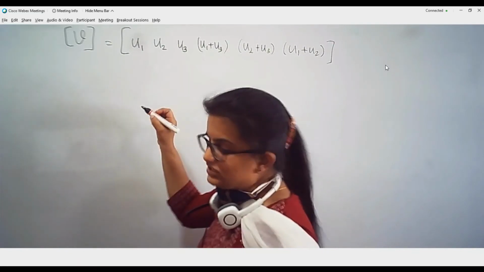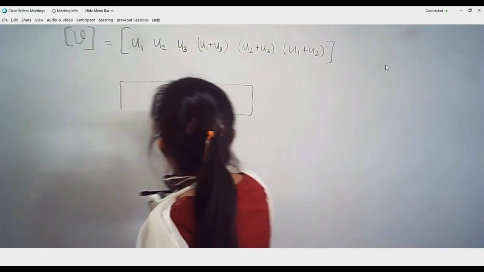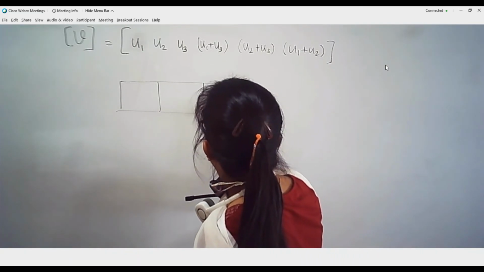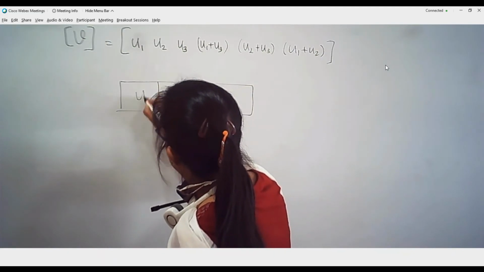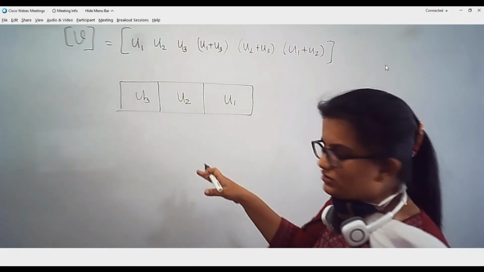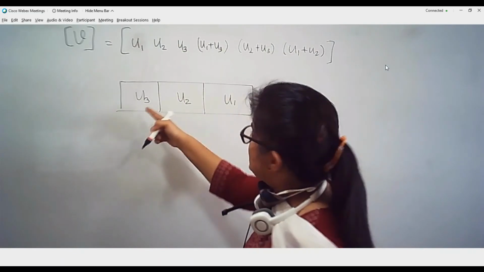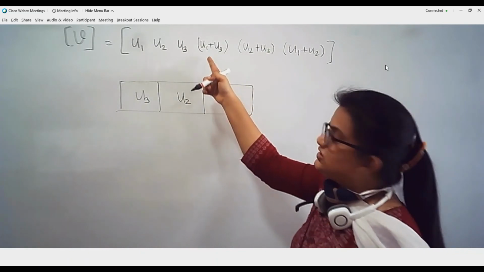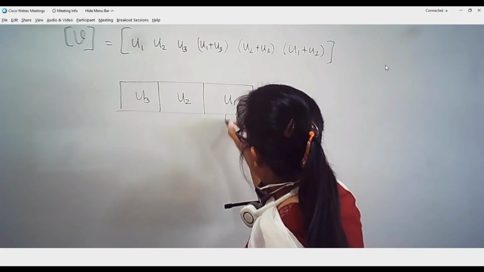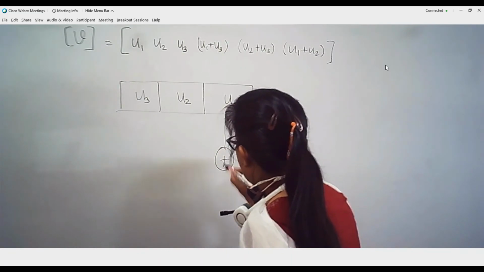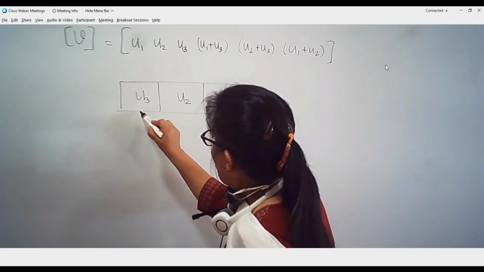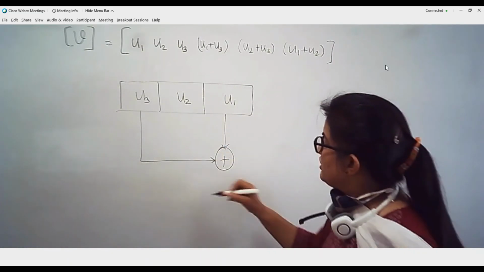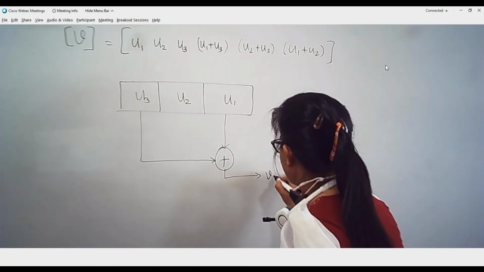So we have 3 message bits, therefore we are going to have a 3 bit shift register, which consists of U1 at the first, U2, U3. Quickly I am writing the circuit over here. Using these 3 bits, I am going to generate the 3 other parity bits. The first parity bit is U1 plus U3. So I am taking U1, sending it to a modulo 2 adder. To this modulo 2 adder, I have one more input for U3. When you add U1 plus U3, I am going to get V4.